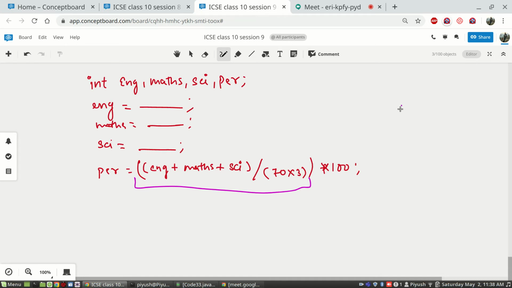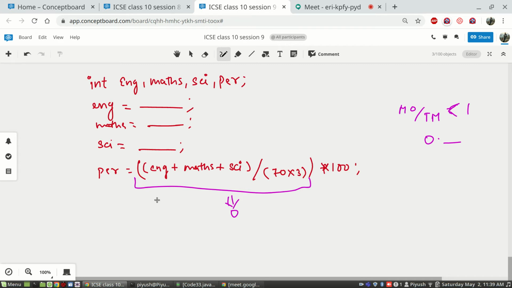Marks obtained divided by total marks will always be less than 1. It can be only 1 when full marks is obtained by any student, which is rare. So in most cases it will give something like 0 point something, and because the highest data type rule will apply for this particular term, this will result in 0. So most of the time your percentage will be 0, right?